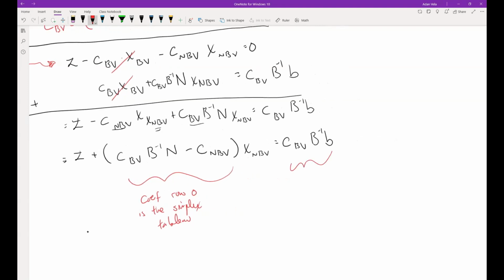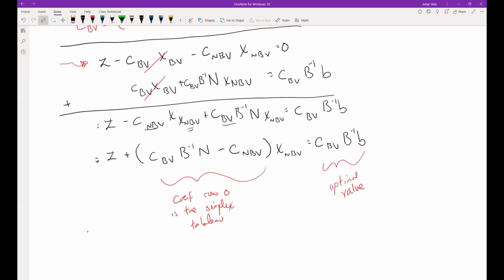And this is going to have the optimal solution, or the optimal value, sorry. Okay. All right, so we're going to focus in on the coefficients part,